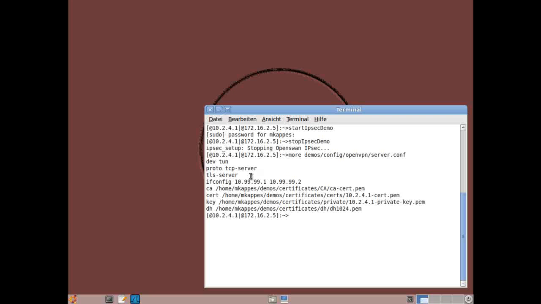ifconfig 10.99.99.1 10.99.99.2 basically specifies that we are going to create a point-to-point connection as specified before between these two IP addresses. So on our side we are going to assign the address 10.99.99.1 to the interface, and the point-to-point link is going to go to 10.99.99.2. The other entries basically specify all of the certificate credentials and private keys which are necessary for establishing a